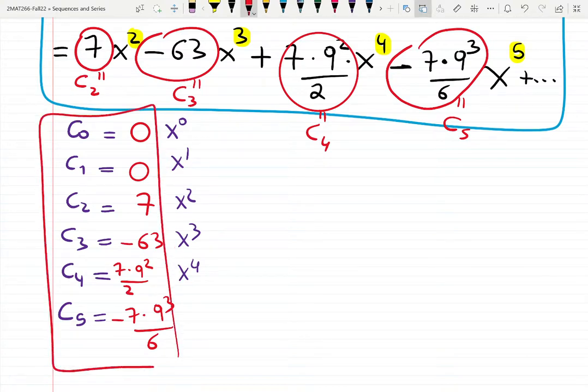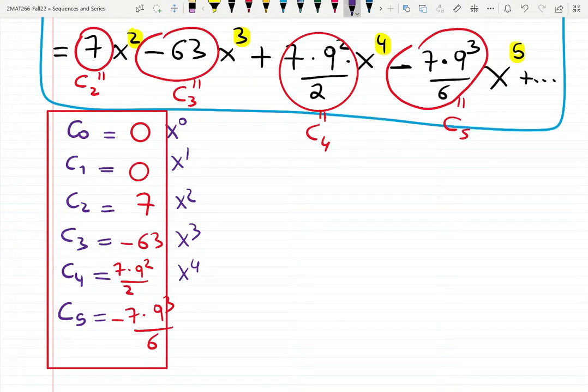Quick question, just wondering if I'm doing this right. Just a second, let me finish this. X to the 5. Actually, I don't have a